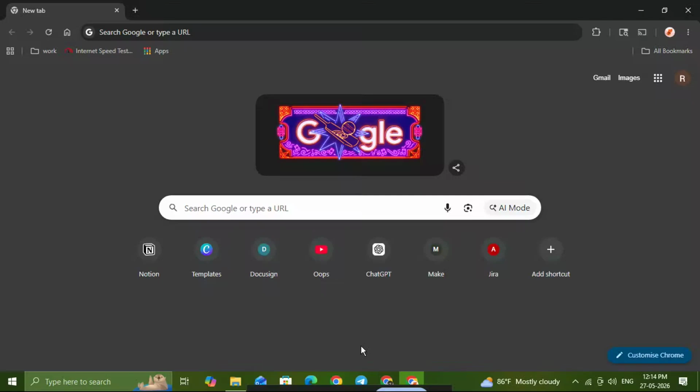In this video, I'll show you how to switch account on Chrome quickly and easily. Whether you use Chrome for work, school, or personal browsing, switching profiles lets you keep your bookmarks, passwords, extensions, and browsing history separated. It's a simple trick, but it can save you a lot of time and help keep everything